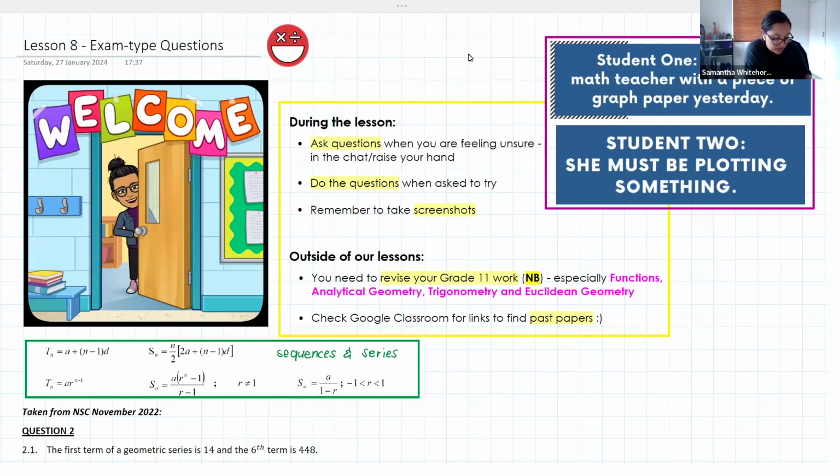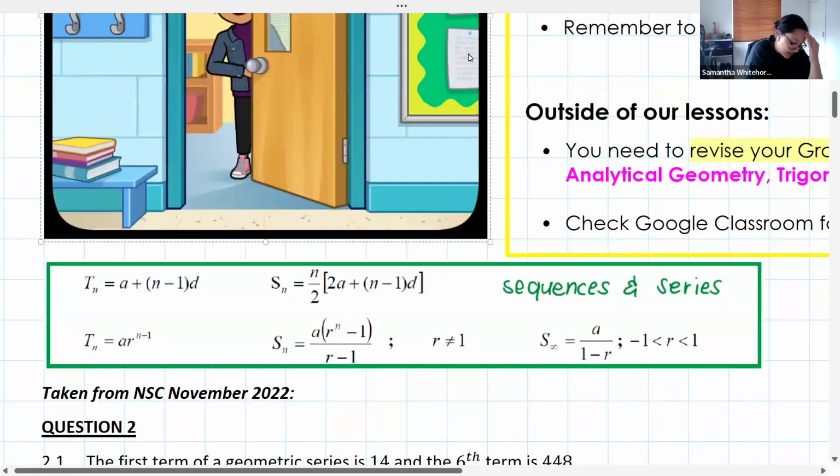So the first thing that I just want to point out is that this green block here is from your formula sheet. It's the one on the Google Classroom, the one where I've annotated it to sort of block off each of the sections. So if you have had a look at it, you will see that I've blocked off